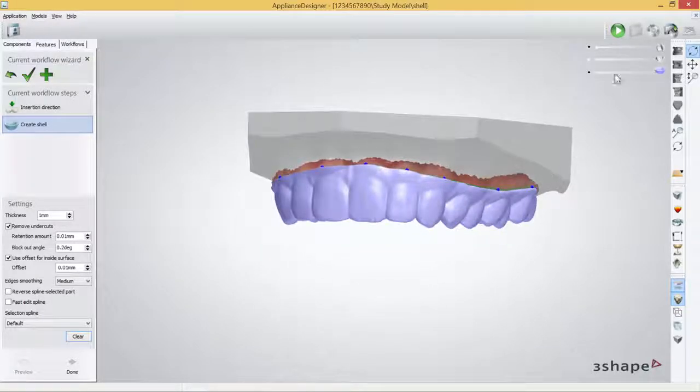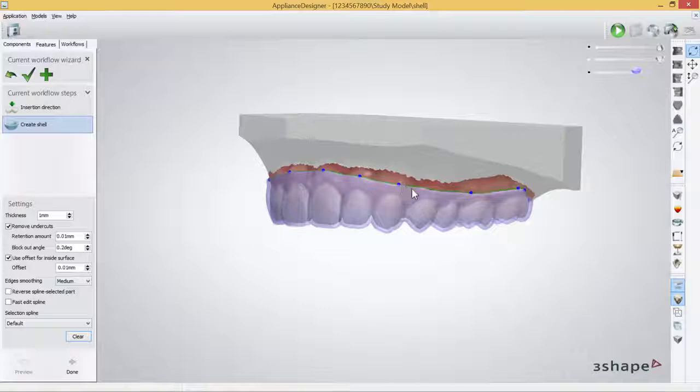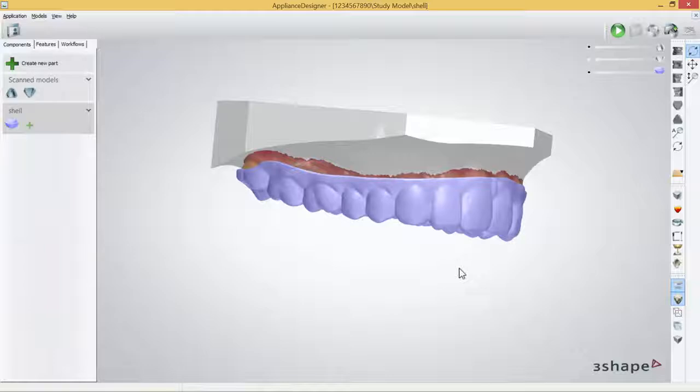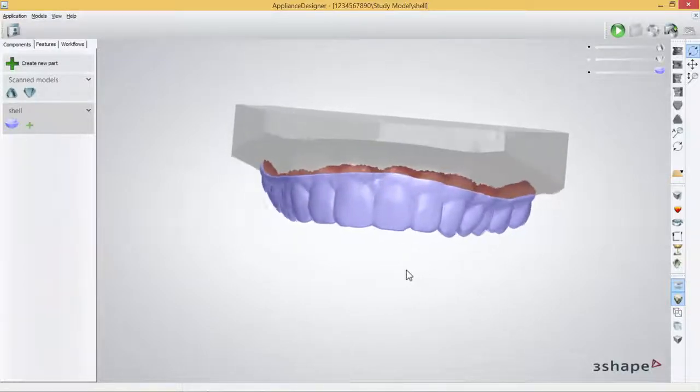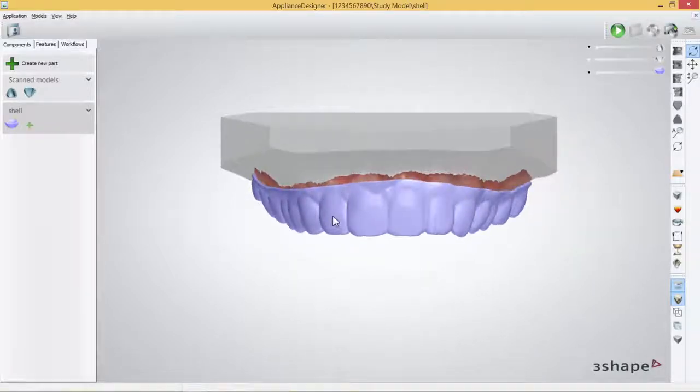In this preview, I can choose if I go up in the right corner to make my shell a bit more see-through. It's easier for me to see the points, and if I'm not satisfied with the outline of my shell, I now have the possibilities to do some small alterations. And when I press Done, these alterations will be added. And this is the completed shell.